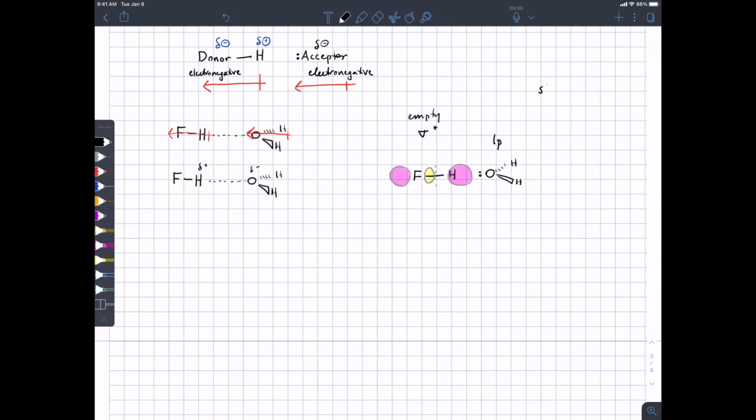If they are very strong, these can range from 15 to 40 kilocalories per mole. That's maybe part of a covalent bond in terms of strength. Moderate would tend to be 5 to 10 kilocalories per mole, and weak would be 0 to 4. And all these strengths are always relative to what? As with salt bridges, you would expect hydrogen bonds to be stronger in nonpolar environments. And you would expect them to not be quite as important if the solvent is also capable of hydrogen bonding. So the same thing,